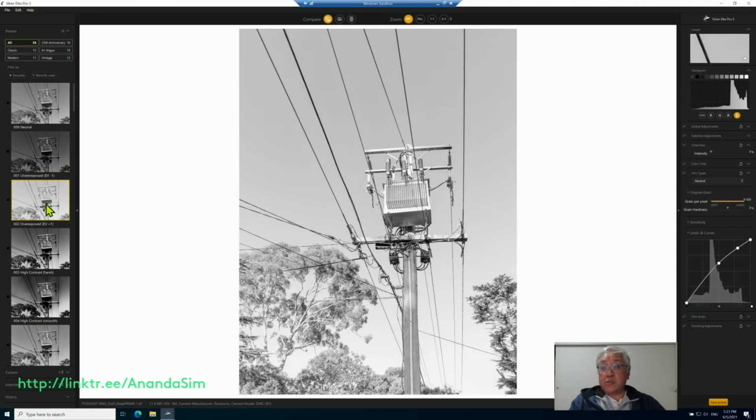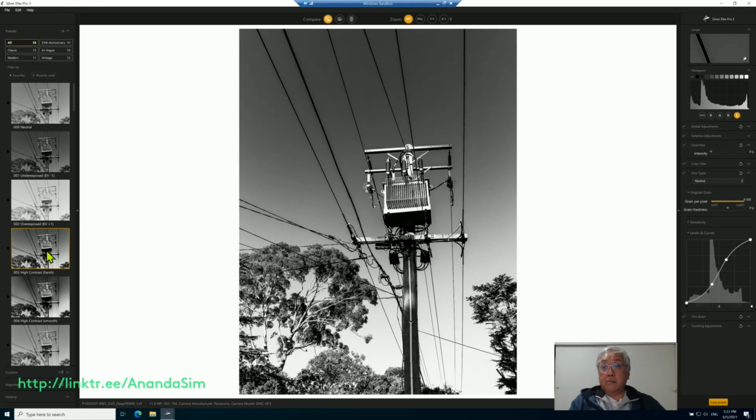Overexposure by one stop, yep, that's overexposed. High contrast clipping, harsh. So you can see that the shadows are deeply black, and the amount of tone curve manipulation you can see